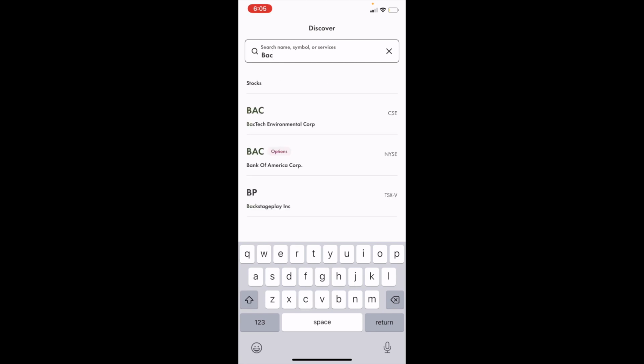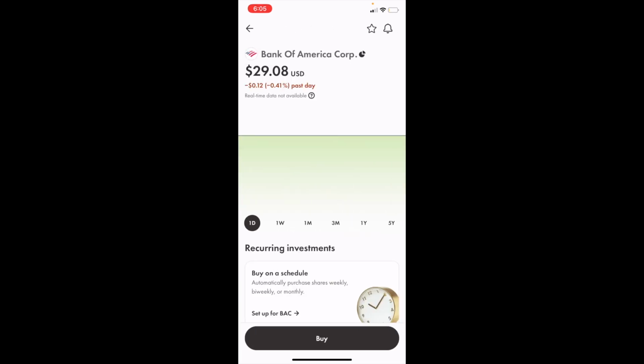Now, simply just search up ticker symbol BAC for Bank of America. Then on this screen, you have a bunch of different options here, a bunch of different ticker symbols. We want to go where it says Bank of America Corp right here. So the second option, and press on that right there. Now on this screen, it actually says it's trading for $29.08 American, but regardless, just press on buy and press